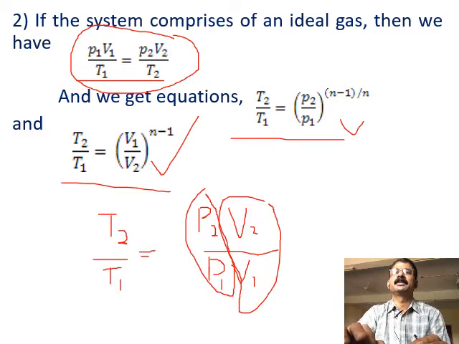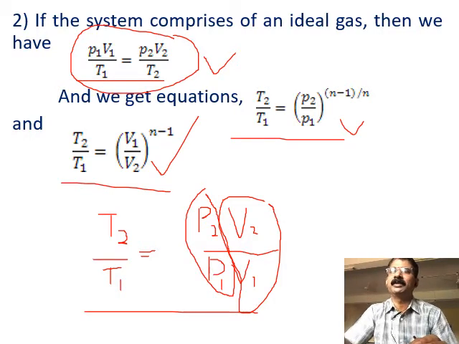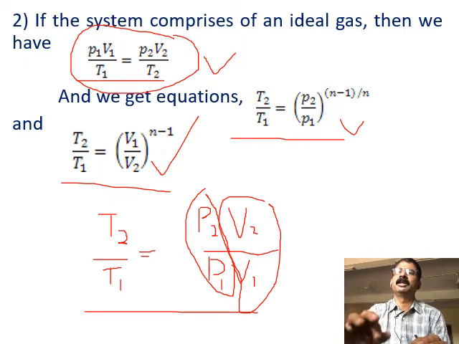So first express this equation, that is P1 V1 by T1 is equal to P2 V2 by T2, in the form of T2 by T1, then P2 by P1 and V2 by V1. So you have to substitute from P1 V1 to the power n is equal to P2 V2 to the power n. From that you would get the relation P2 by P1, one expression in terms of volume, then V2 by V1 expression in terms of pressure. Substitute separately, and you will get these two equations.